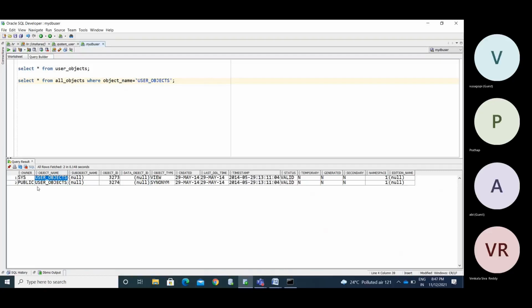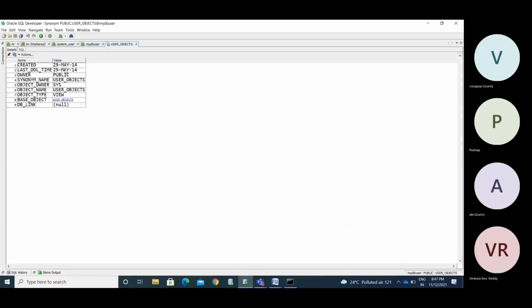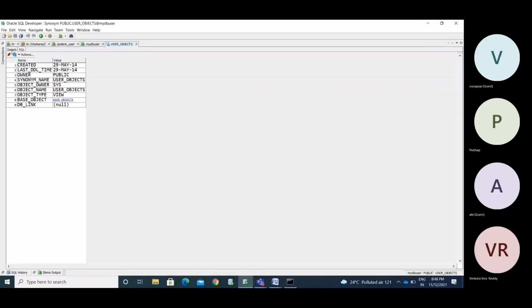See, I'm opening this code, so you are able to open the code. In the detail, you are not getting it here. When that object is created, it shows the synonym name and the object owner.